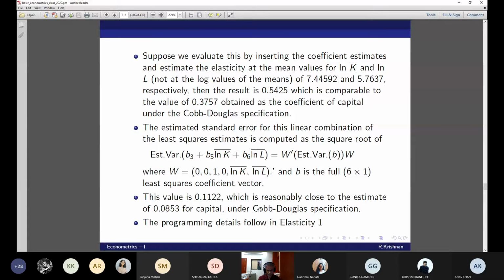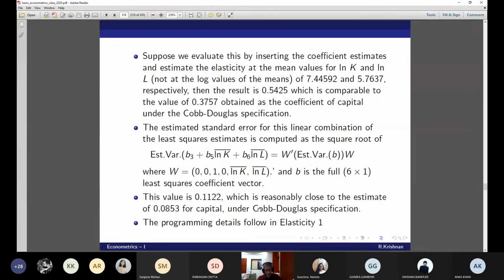And there's something called globally well behaved. These are locally well behaved. There are globally well behaved functional forms also, which improve upon the fit of the translog. But the translog is so popular. Flexible functional form, either it is translog or there's some other production system which is called the almost ideal demand system, AIDS. These two are the most popular. There are also some non-parametric or semi-parametric systems like the Fourier flexible functional form, pretty complicated stuff.